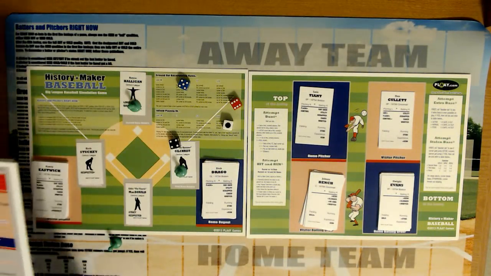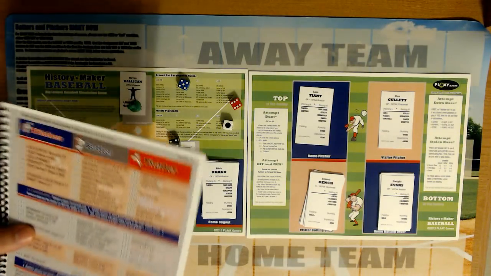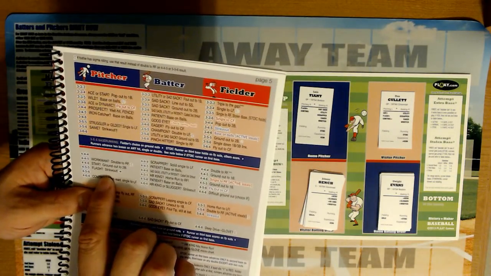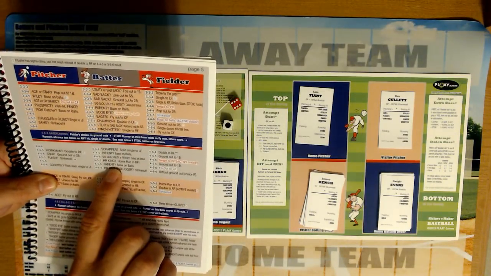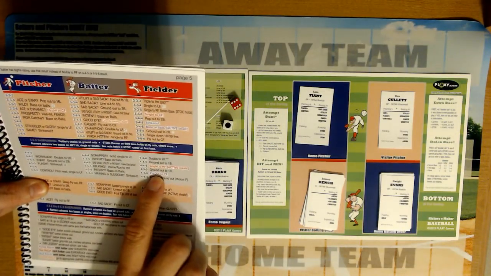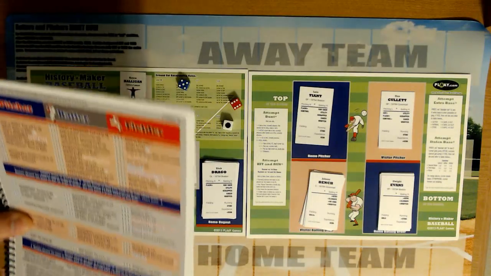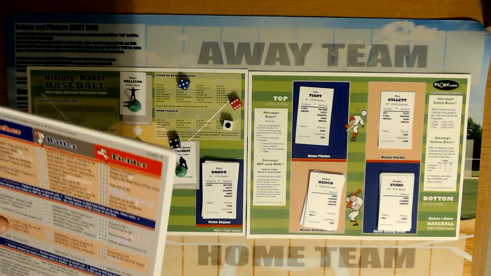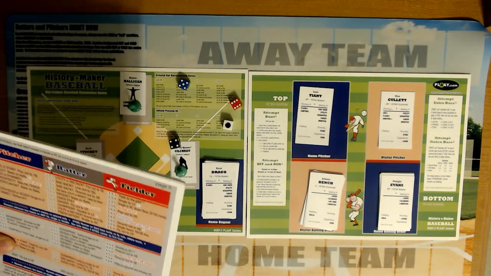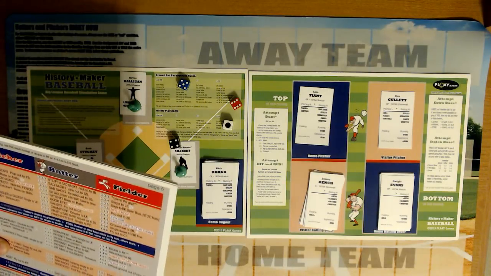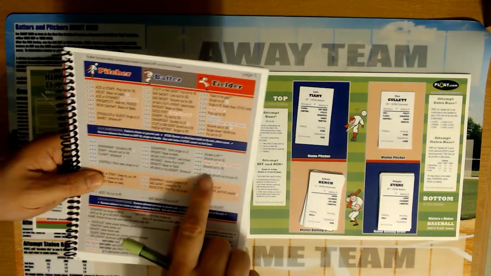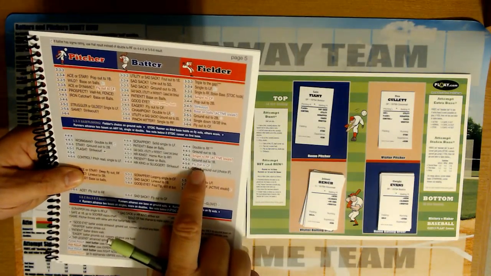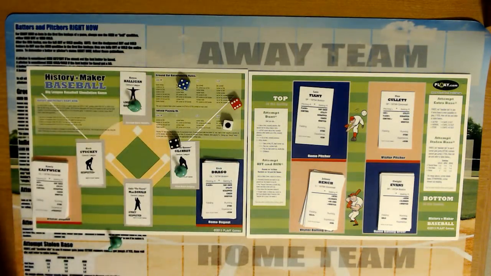Ooh, 4, 5, 6. All right, 4, 5, 6. No result for pitcher again. Is the batter patient? No. It's going to be a fly out to center field. So that's the first out. And you also notice that that fly out to center field is in red, or in purple. So our next batter, who is going to be